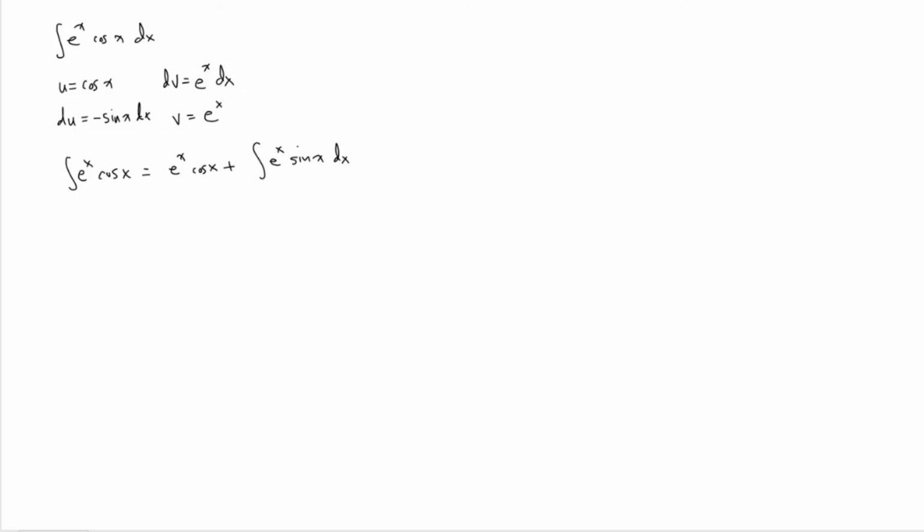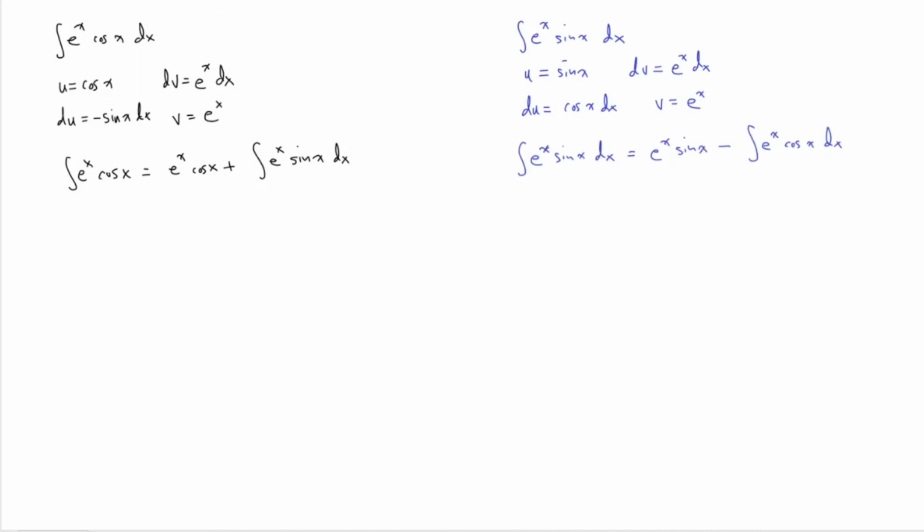and see if we can't go off on the side and compute the integral of e to the x sine of x dx using integration by parts. I'll make the analogous choices to the ones I did the first time. I'll let u be the sine of x so that dv has to be e to the x dx. That tells me that du is the cosine of x dx and v is equal to e to the x. Applying the formula for integration by parts, we get that the integral of e to the x sine of x dx is equal to e to the x sine of x minus the integral of e to the x